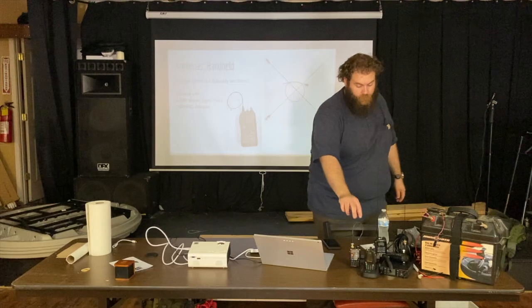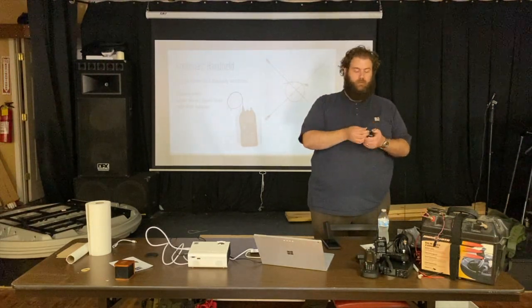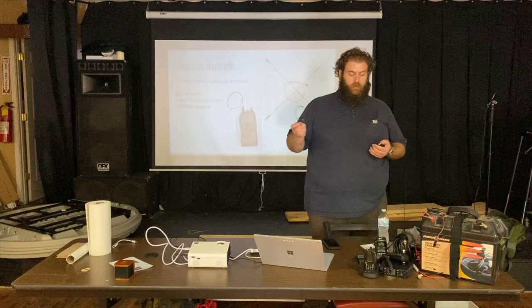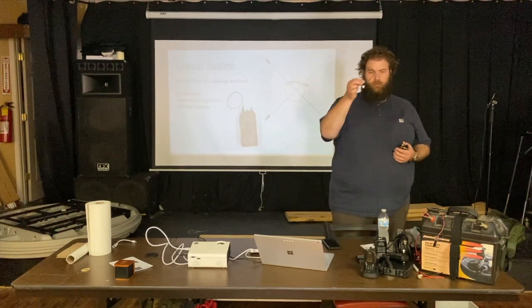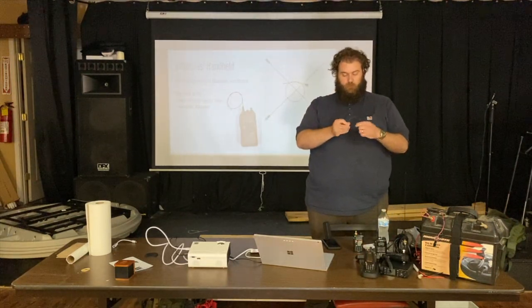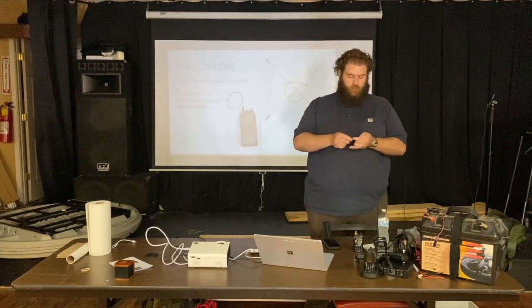For antennas, I keep showing you this one. This one is made right here in the USA by one dude, I think. It's pretty much the go-to antenna. It measures up to all the big ones, but the amazing thing about these is it folds up into that tiny little loop, and it also will bounce right back. It's made out of this elastic material that if I uncoil this,